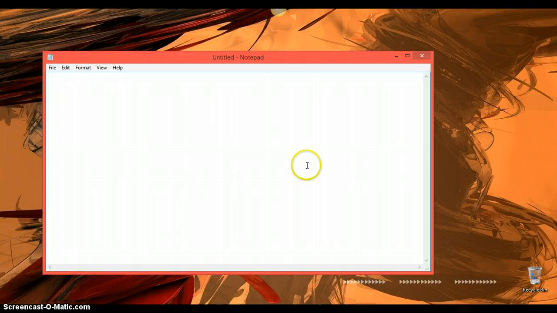To get started, open Notepad. I'm going to start with some of the tags. You're going to need an opening and closing tag for each tag that you do. So to start off, your first and last are always going to be the HTML tags. We'll do a head tag, a closing head tag, and inside the head tag,